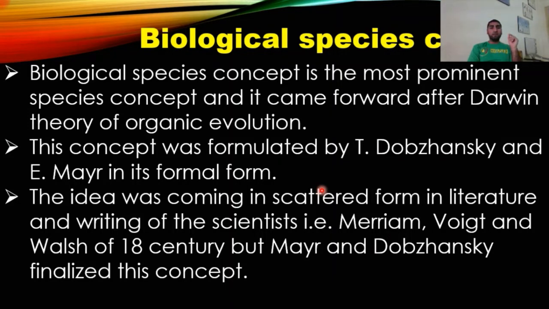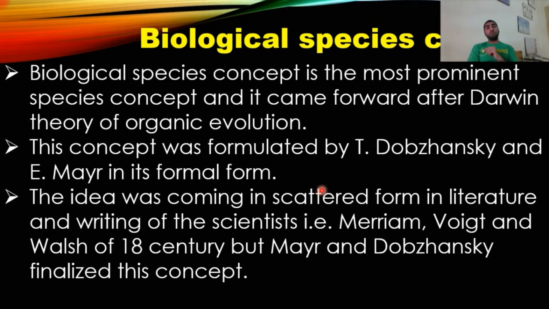Then in the second period, people accepted evolution. This was after Darwin, almost the second period of taxonomy, when people accepted evolution. After Darwin's theory of organic evolution, people started believing in evolution,